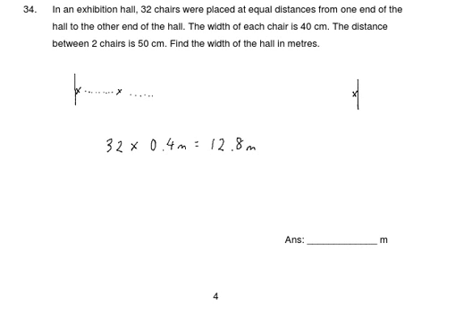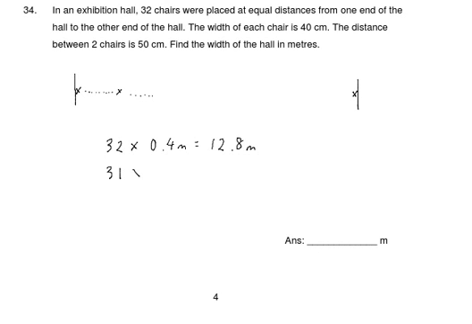Now, if I have 32 chairs, how many gaps are there in between the chairs? Caroline? You have 31 gaps. Everyone can understand? Because you have 32 chairs, the number of gaps must definitely be 31. Yes, correct. So 31. And what is the length of each gap? 0.5 meters. And this will give me